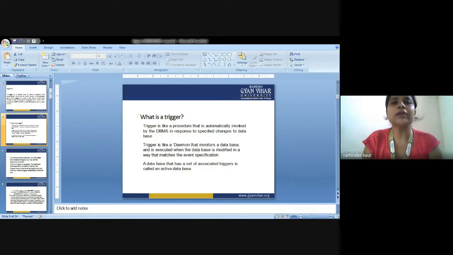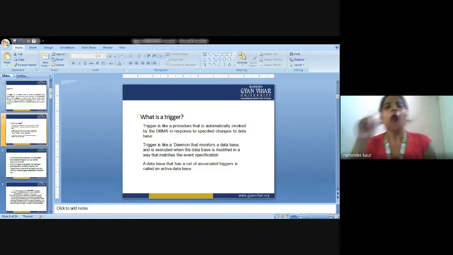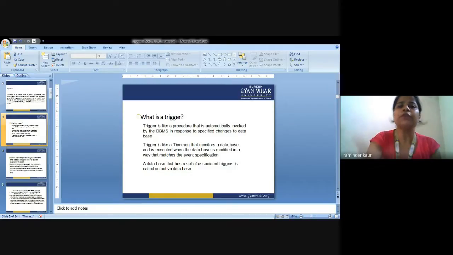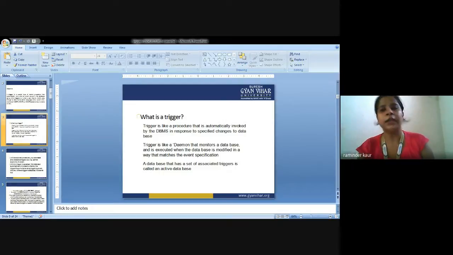So DML triggers are similar to constraints in that they can enforce entity integrity. Now I am going to discuss entity integrity. Entity integrity means it could be any entity, student entity, employee entity that is stored in the database. So the physical entity and its integrity could be maintained, because we are enforcing it. Entity integrity is the main concept here, or it could be domain integrity, the domain that is associated with attributes of the table. So in general, what is entity integrity?